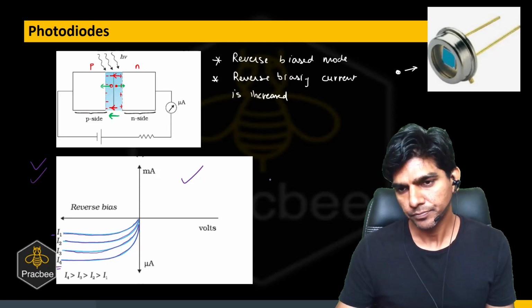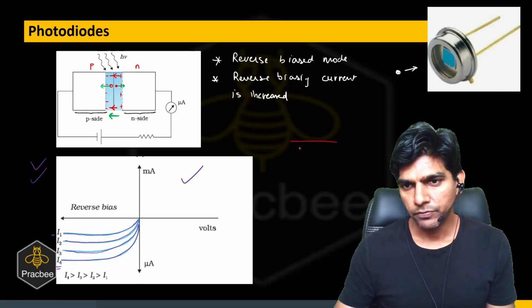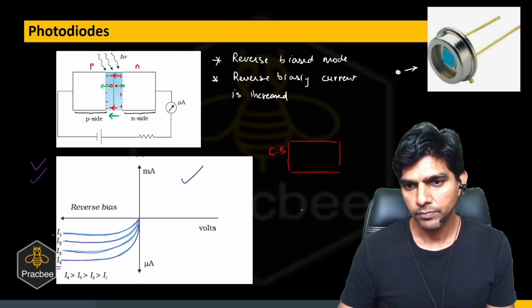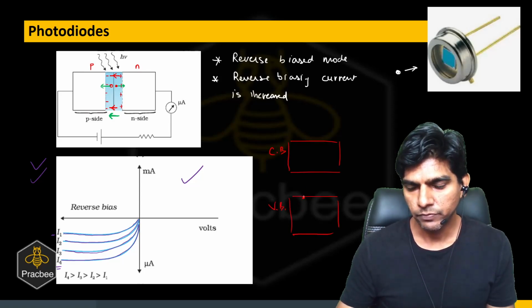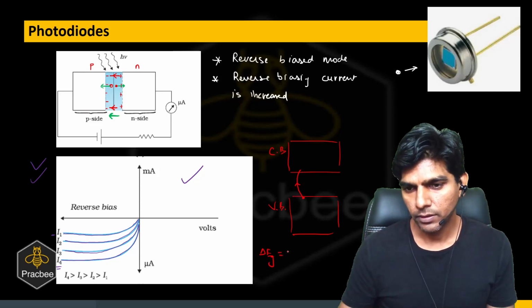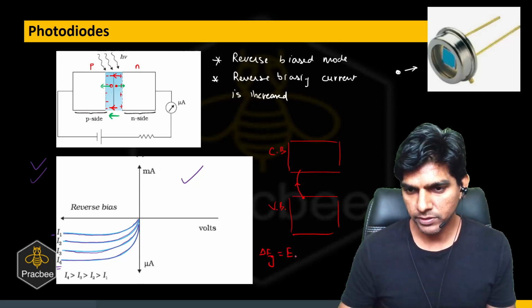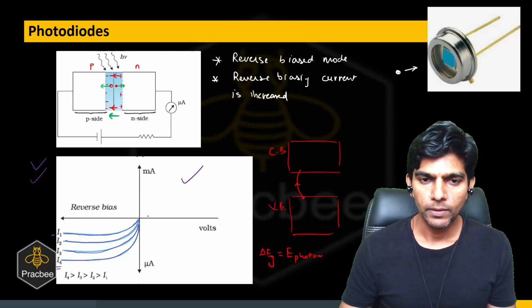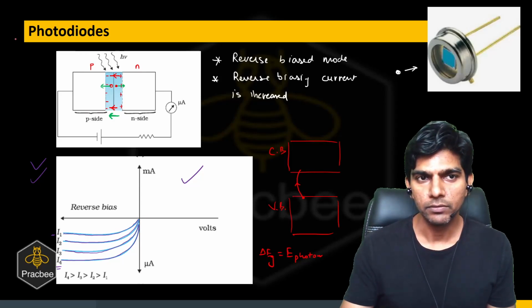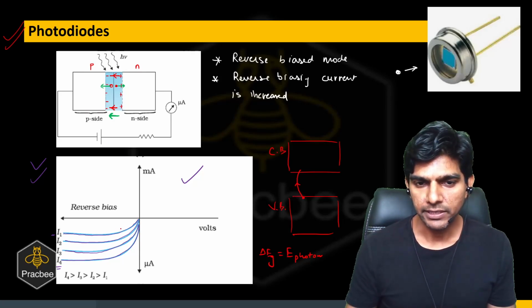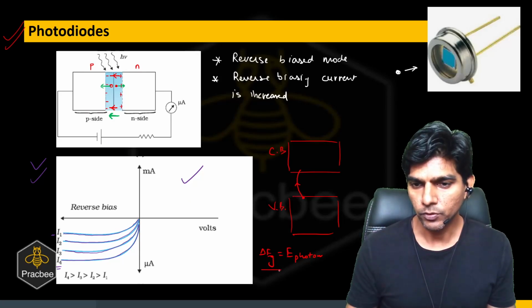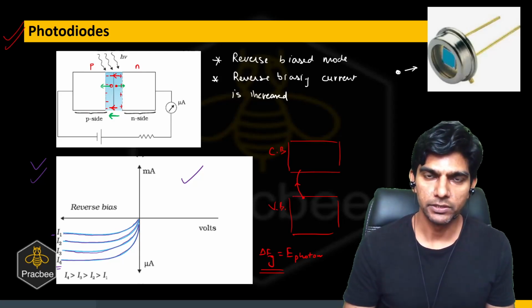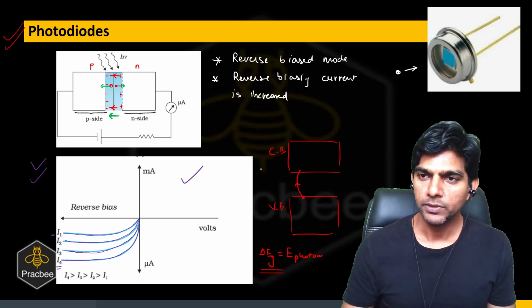Now what is happening here? Let us say this is the conduction band, and here we have the valence band. If an electron in the valence band gains energy and goes to the conduction band, we need photons whose energy is equal to the forbidden energy gap. This is the energy of the photon. Then we'll be able to generate an electron hole pair in photodiodes. So we can increase the current if the photon energy is greater than or equal to this. That is the only possibility in which we can use it. I hope the concept about the photodiode is clear.